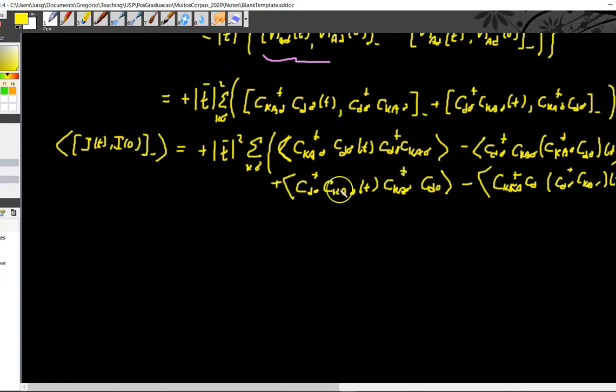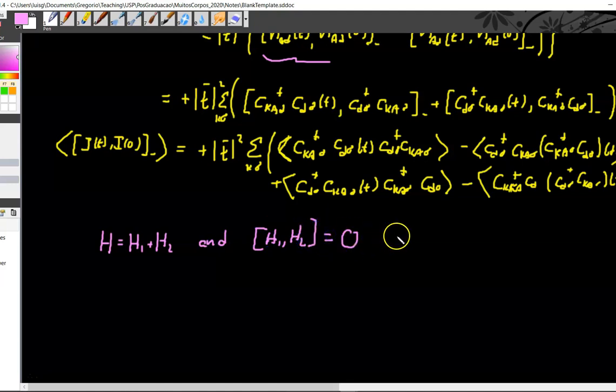And now I'm going to use 2 results. One is that if A is H1 plus H2 and H1 and H2 commute, I can write the expected value of e to the i(H1 plus H2) at time t equals the product of the expected values of H1 at t and H2 at t. Okay, and the second